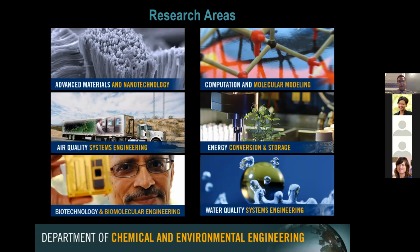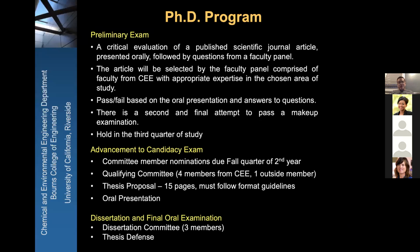Those are the 6 research areas in our department. For our PhD program, I think it's time for you to start to apply for either the master's program or the PhD program. For the PhD program, we prefer you submit your application by December 15th, and any application before December 15th will be prioritized and considered for